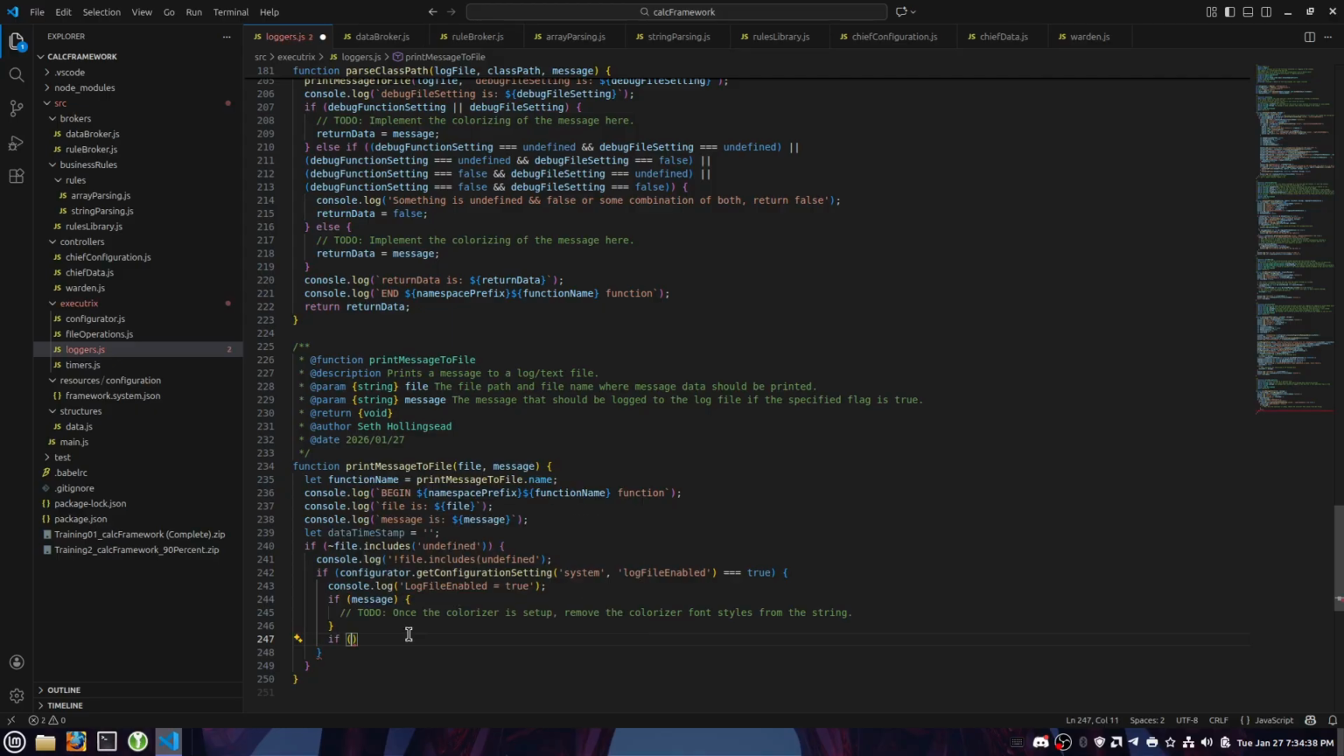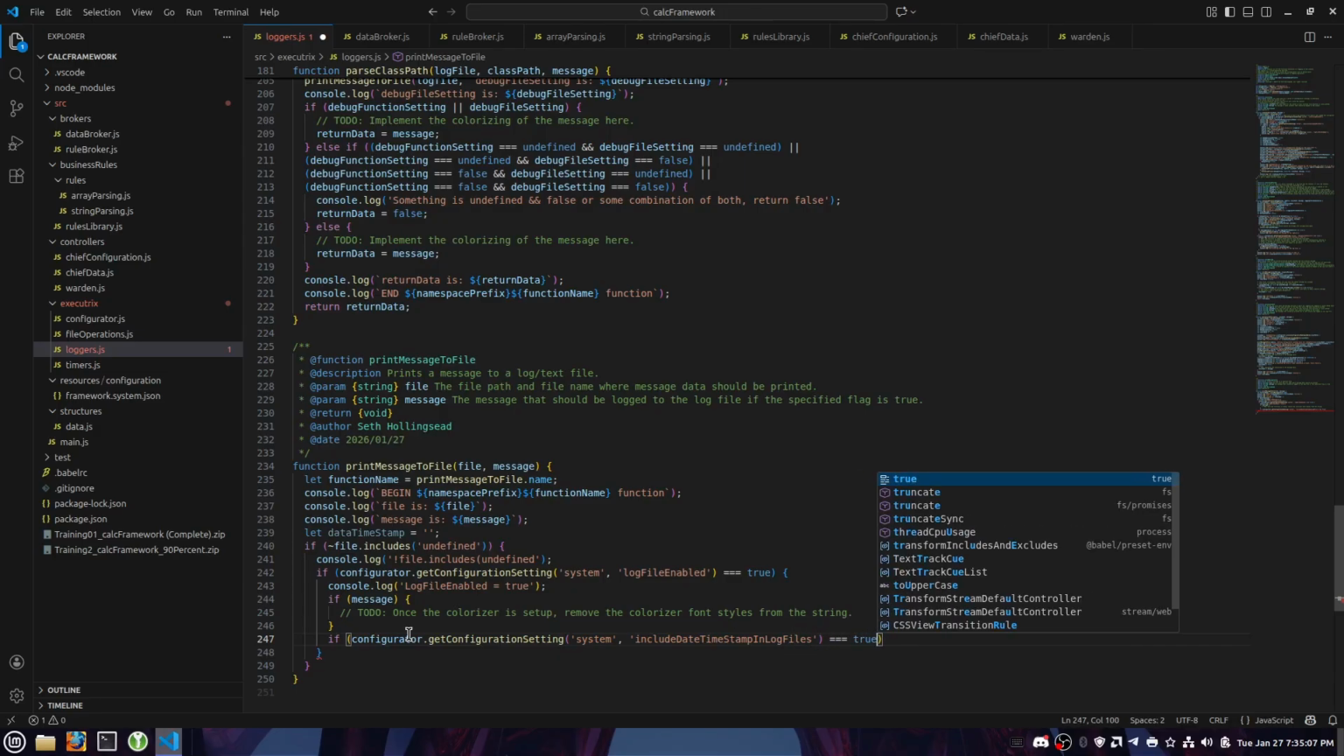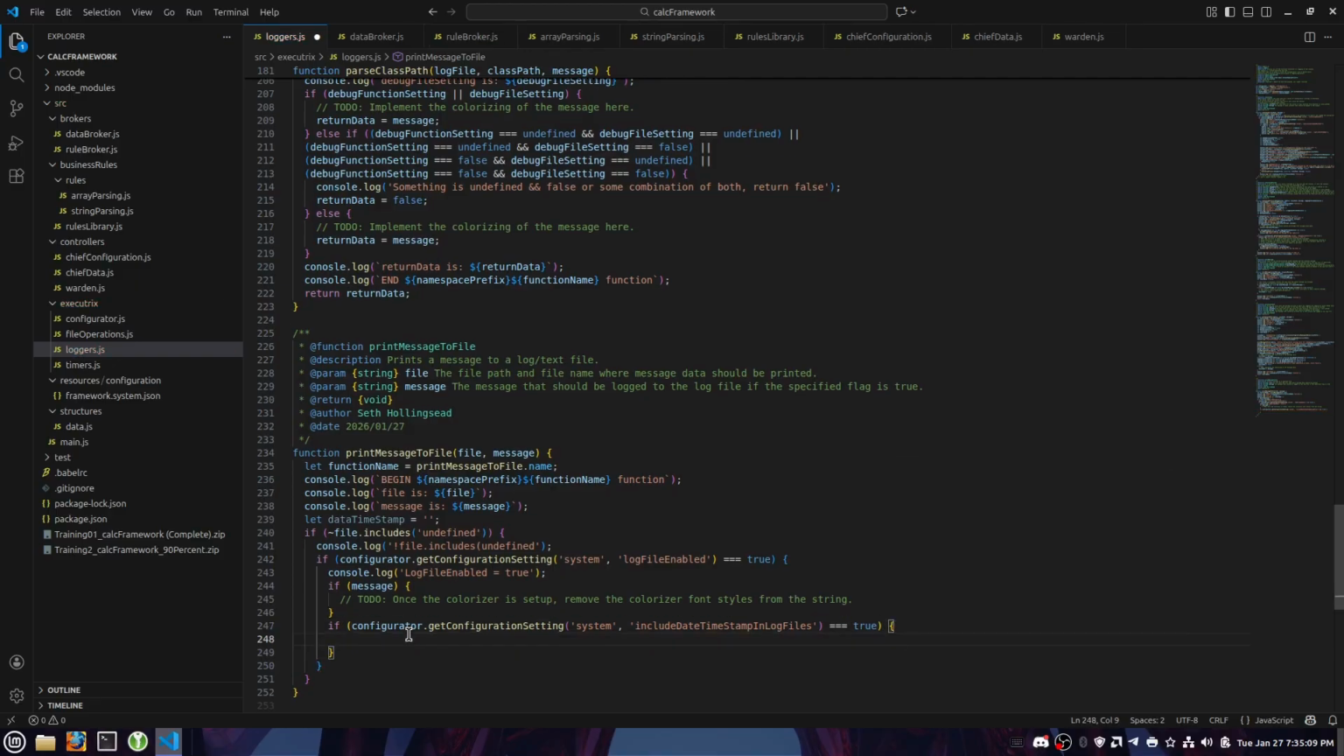If configurator dot get configuration setting system includes, is that include? No, include. Oops, I need a string. This needs to be a string. Include date time stamp in log files. There's a setting for that. Equals true. Then